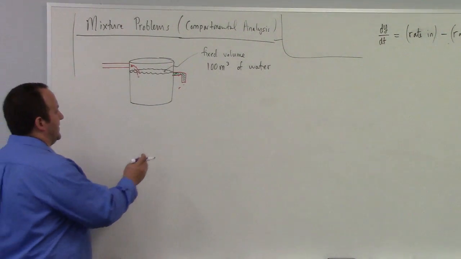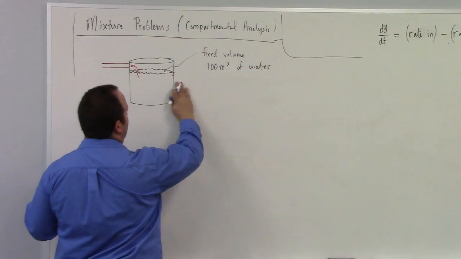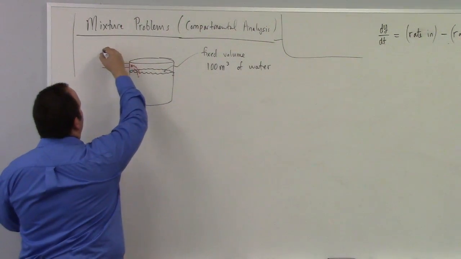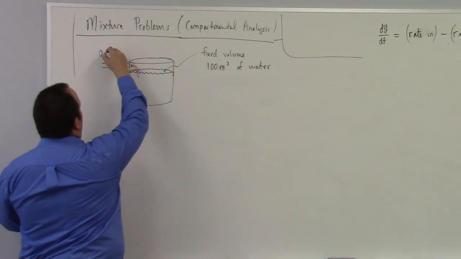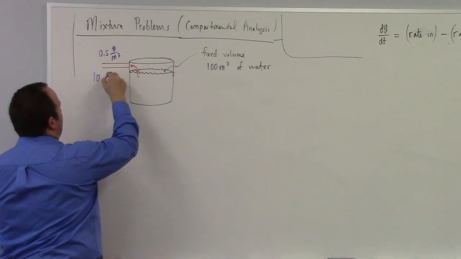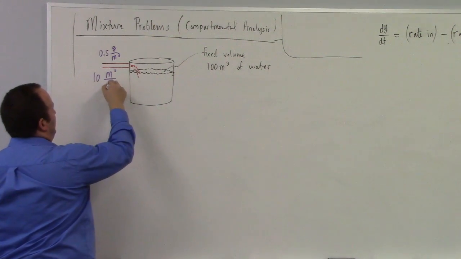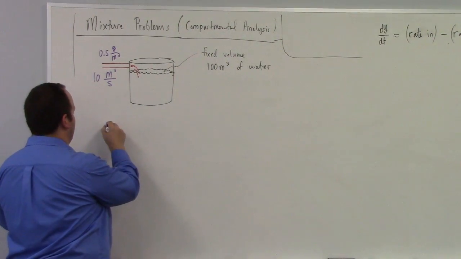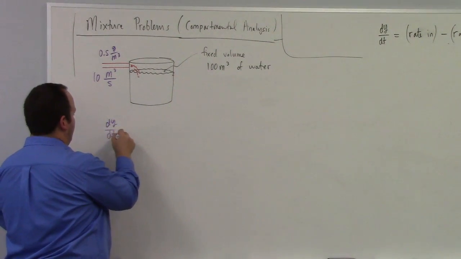I guess the first thing I could think about would be to get rid of the overflow pipe, right? And then if you just let in 0.5 grams per cubic meter at 10 meters cubed per second, then in this situation you'd have dy/dt equals